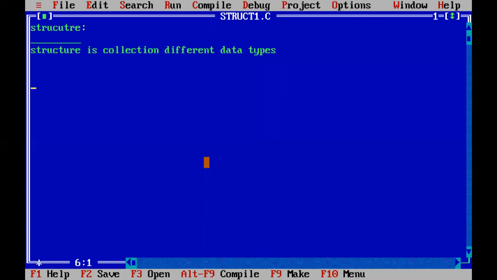And the second one, in the second example, in the second question, he asked about what is structure and how to define, initialize, and access the structure elements. Like that, one more question is there. Whatever he may ask you, if the question is structure, we must write four important things, four important side headings we have to write. When you write four important side headings along with this definition, that structure topic is over.